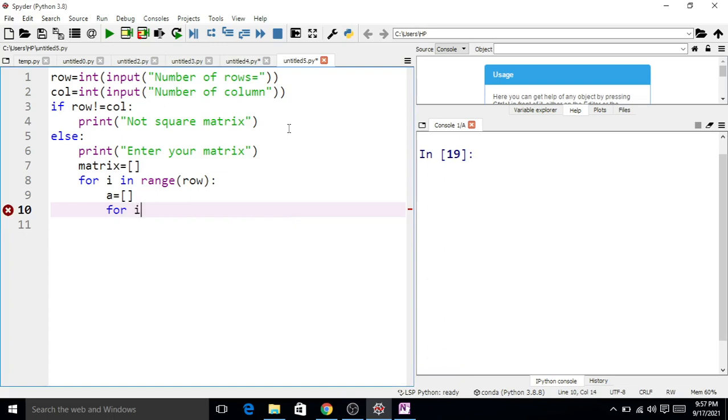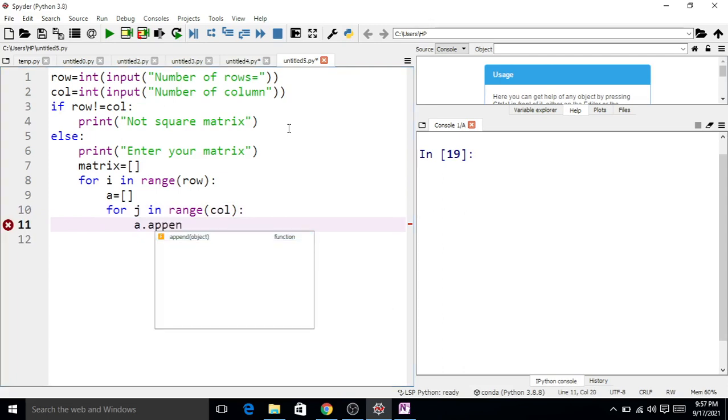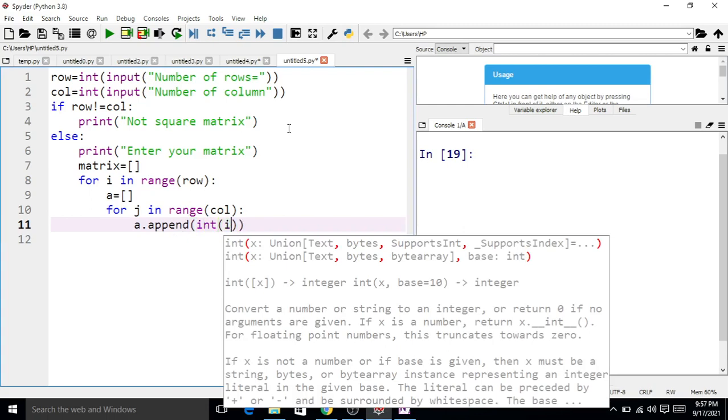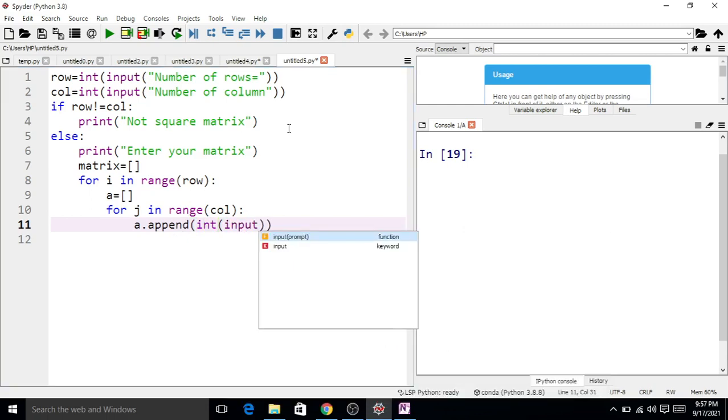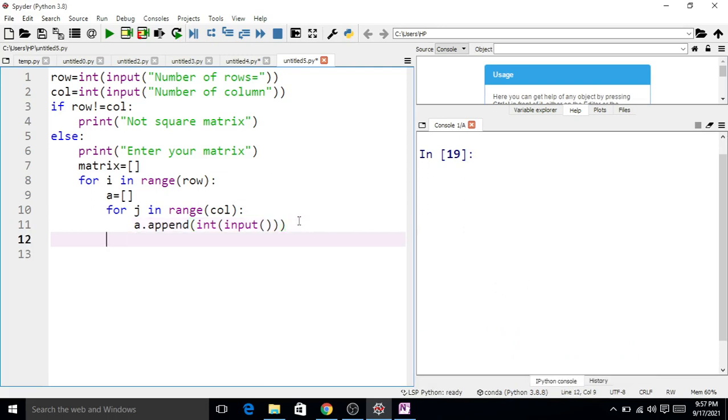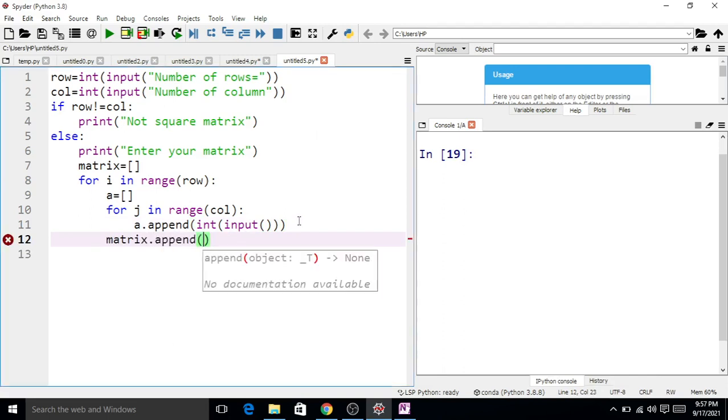So for j in range column, a dot append int input, and then finally we append this into the matrix, matrix dot append A. So we append row A in matrix.